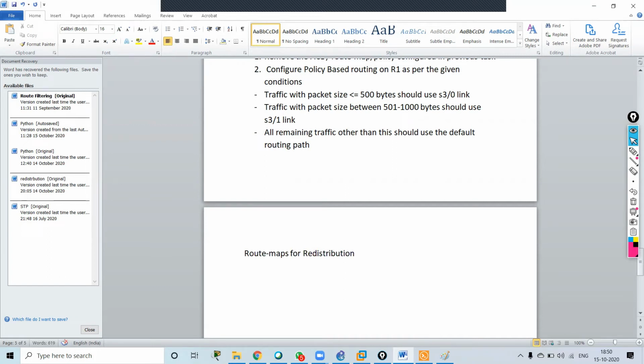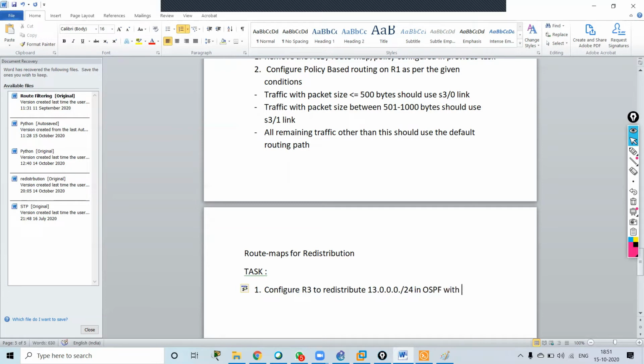Now I will give some tasks over here. Task one: configure R3 to redistribute 13.0.0.0/24 in OSPF